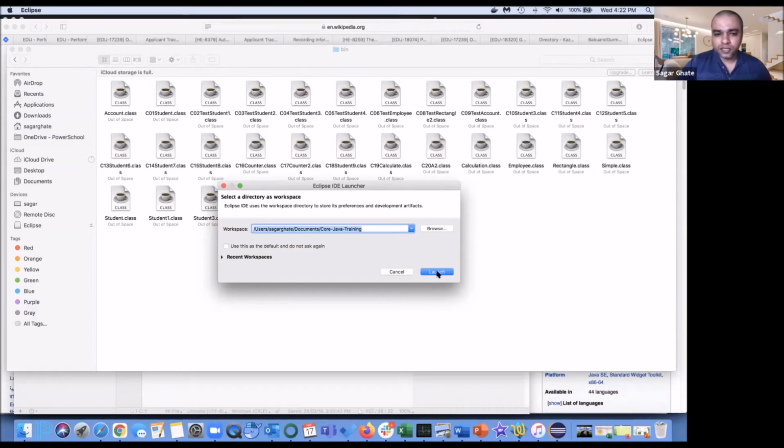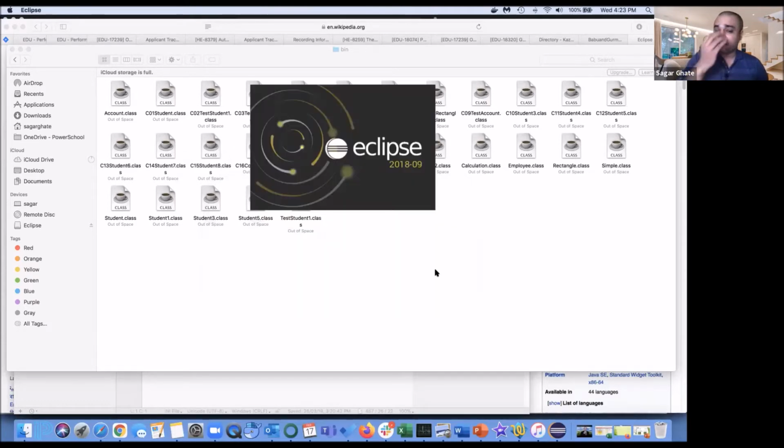I'm clicking on launch. Every time you open Eclipse, it is going to ask you this. Sometimes you may want to change it, or if you don't want Eclipse to ask, you can click on this checkbox and next time it is not going to ask you. Well, I'm leaving it unchecked.